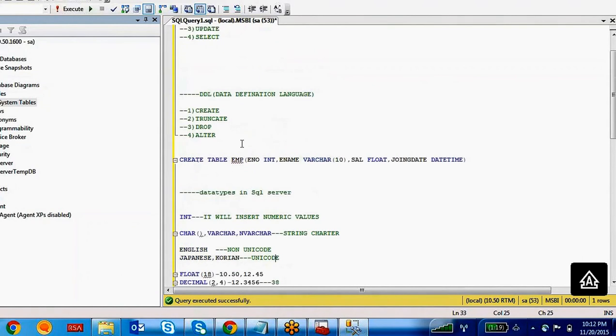Right, so now I am going to create this table. Create table. The table name is emp and the column name is employee number and the data type is integer.